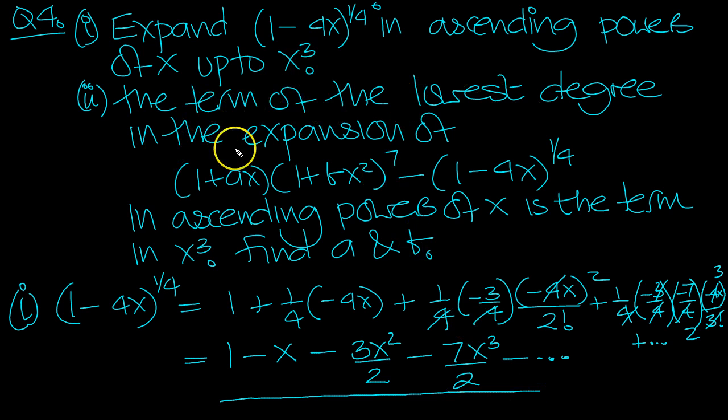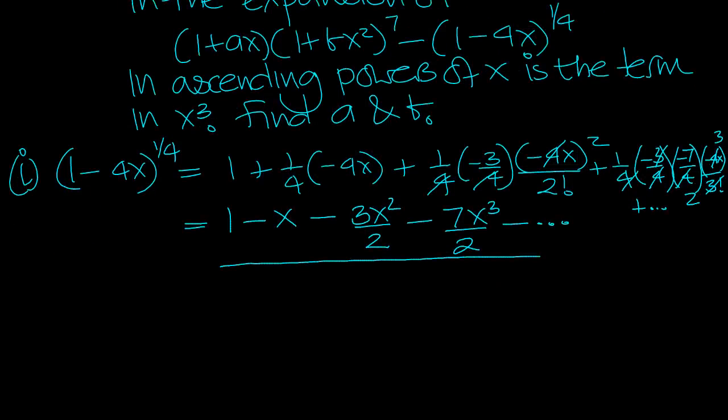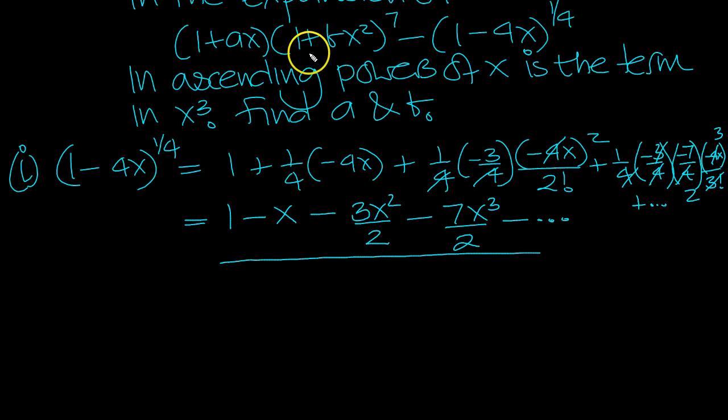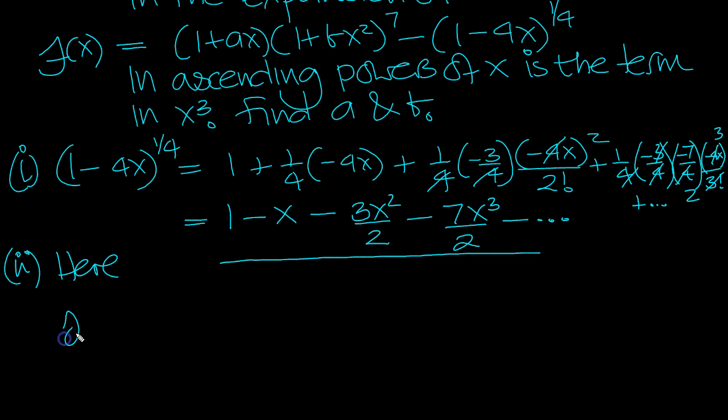Okay, the term of the lowest degree in the expansion of this in ascending powers of x is the term in x cubed. Find a and b. So, okay, let's have a look at this then. So the expansion of this then, I'm going to call this a function of x. So part 2, here f of x is equal to 1 plus ax